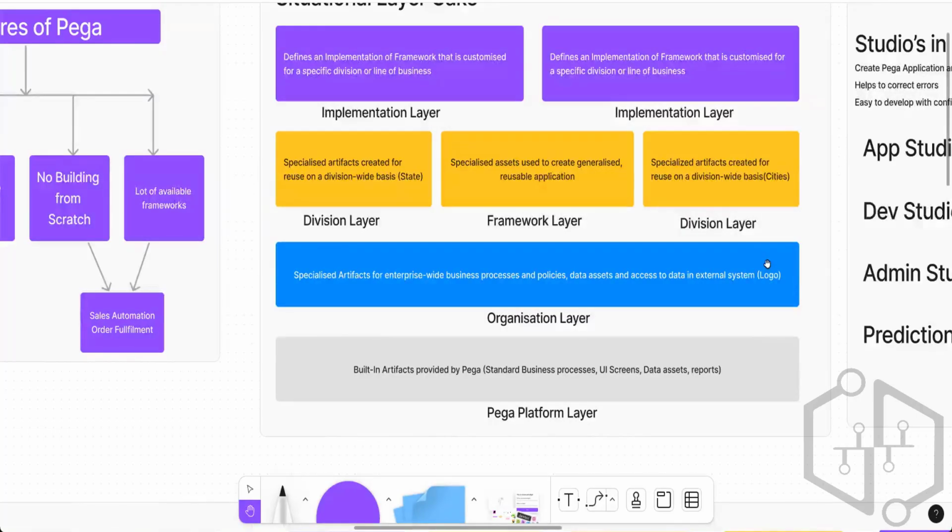Now suddenly the marketing team told us that we have to update the logo. So suppose I have an application that is country specific, that means if my application is working in 10 countries, I have to update the logo in 10 different applications. But because this time I'm using a single layer, my application is the same. The same application is working for 10 countries. So I have to update the logo only at this organization layer and it will be applicable to all the applications which are built on top of that,